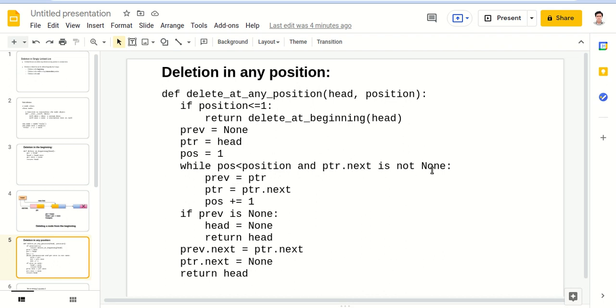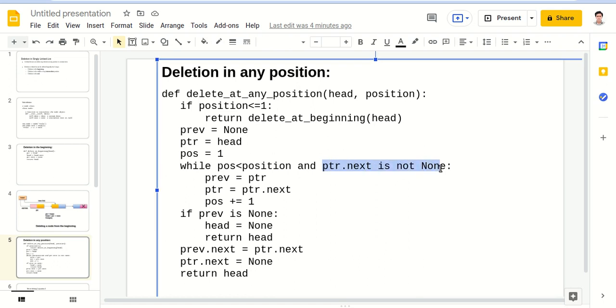Now we will iterate pos up to the given position, along with the condition that ptr dot next is not null. We check this condition so that ptr doesn't go past the last node of the linked list. If ptr reaches the last node of the linked list, we terminate, or if ptr reaches the position node where we want to delete, then also we terminate by this condition.